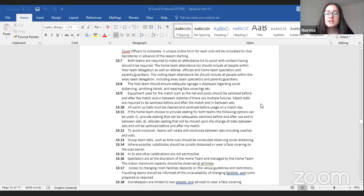Both teams are required to make an attendance list to assist with contact tracing should it be required. The home team attendance list should include all people within their delegation, as well as the referee, officials, home team spectators, and parents and guardians. The visiting team attendance list should include all people within the away team delegation, including away team spectators and parents